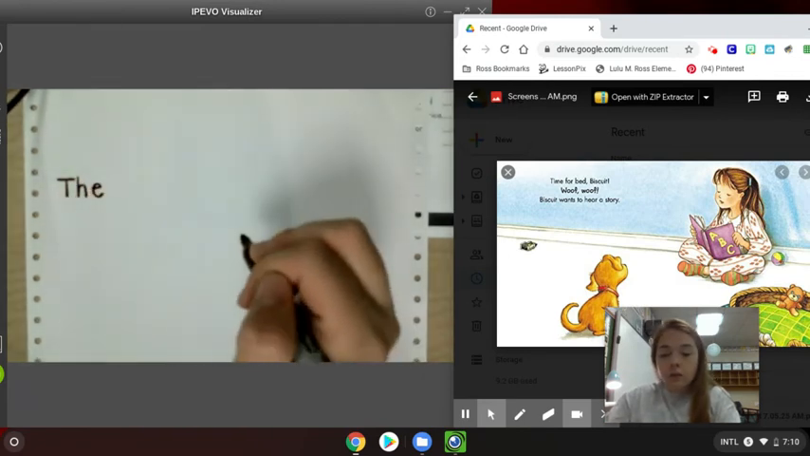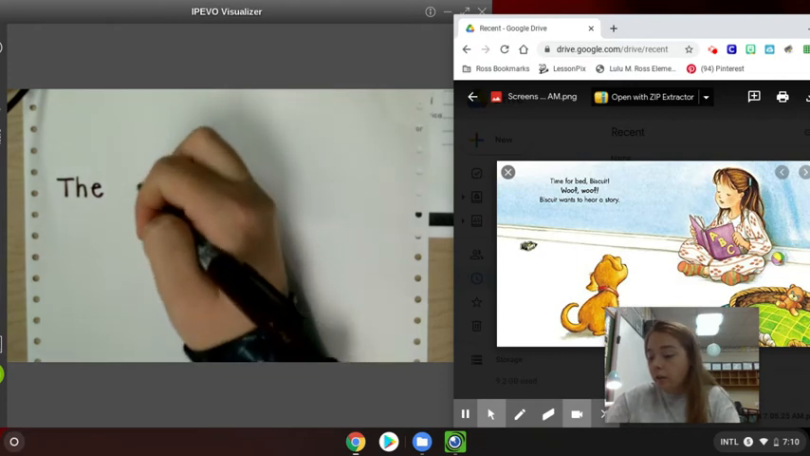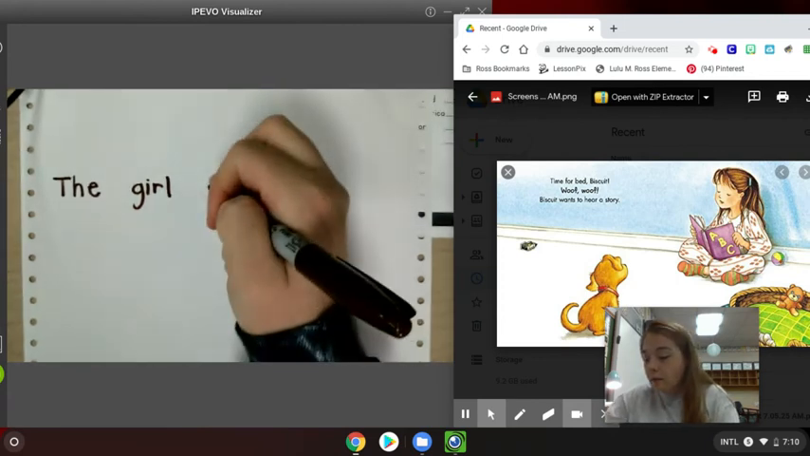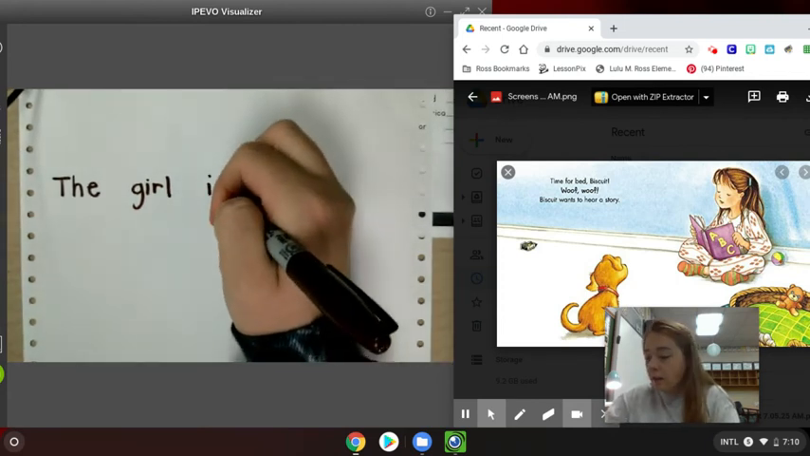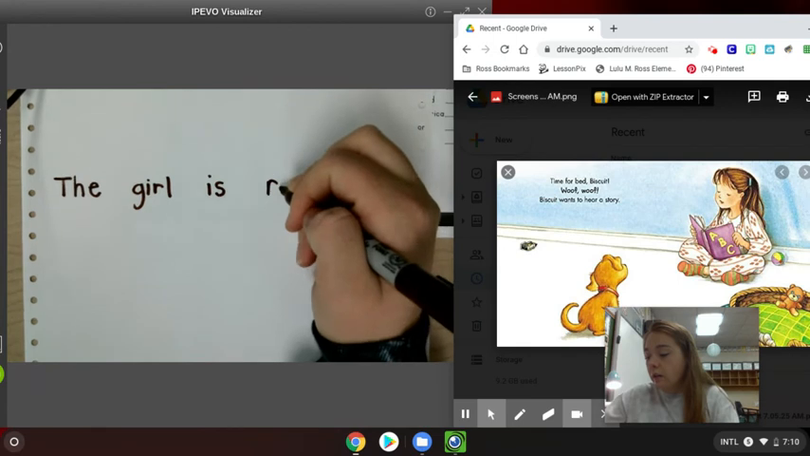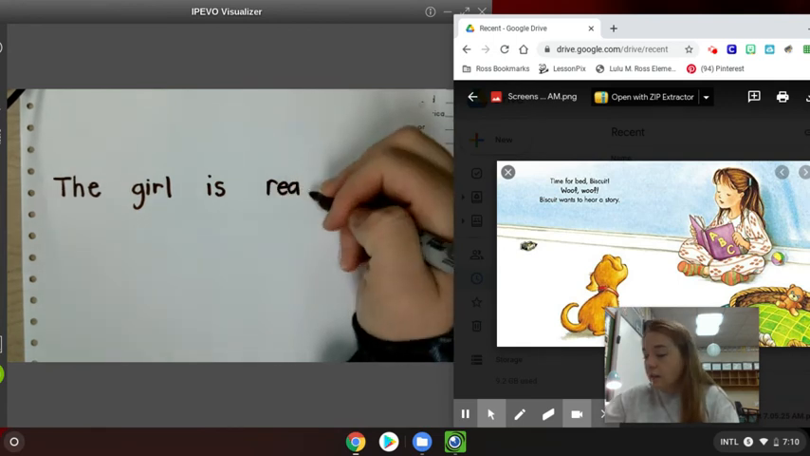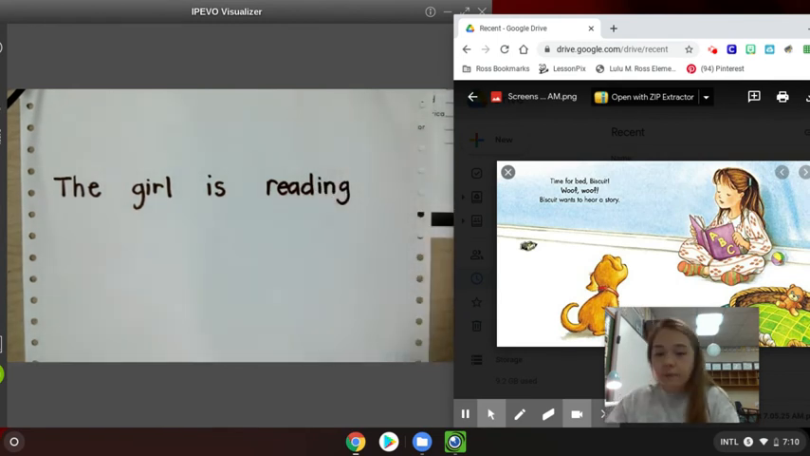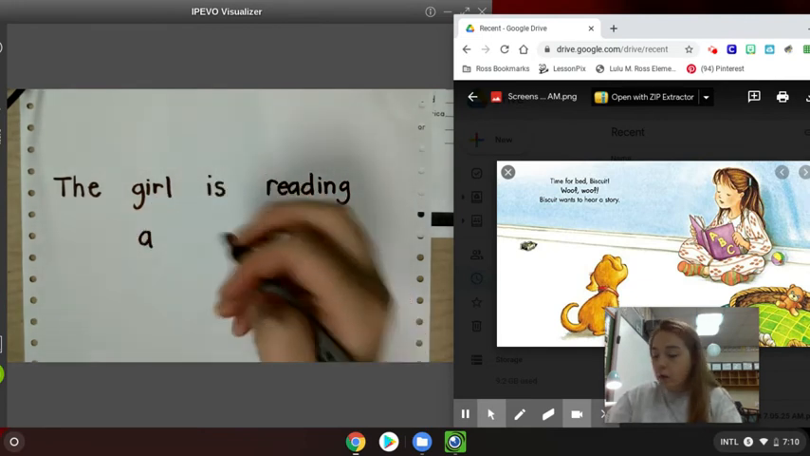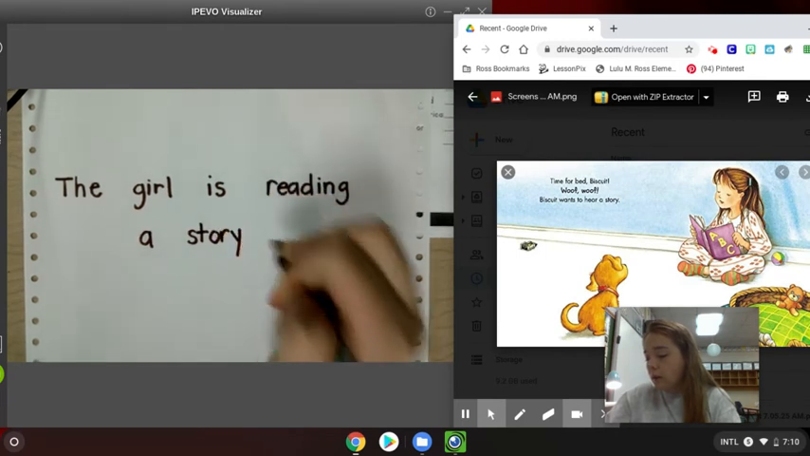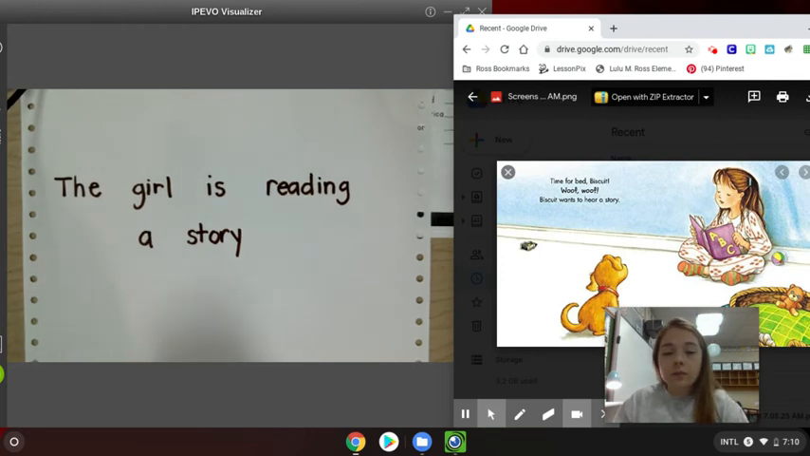The girl, the girl. Oh, is a sight word, I know. I can spell is. Reading, and I spell ing, I-N-G, reading. A story. Oh, and all of my sentences have to end in punctuation, so let me think, is this sentence telling